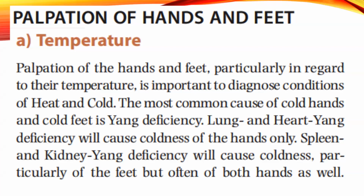The most common cause of cold hands and cold feet is yang deficiency. Kulang po yung init ng katawan. Lung and heart deficiency will cause coldness of the hands only. So, tandaan po natin, pag ang malamig lang ay hands, so lung and heart po ang kulang ng init, yung deficient. Spleen and kidney deficiency will cause coldness